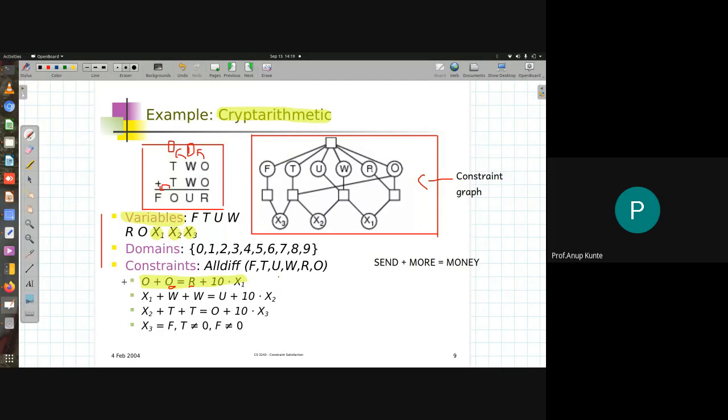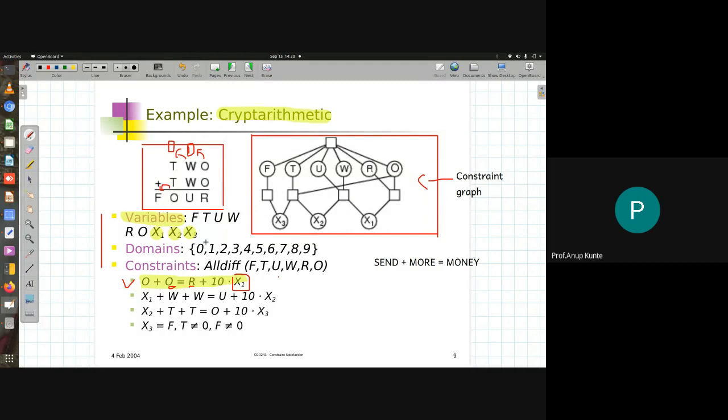So if you see the constraint equations over here, the constraint equation that I can obtain by looking at this example, being an arithmetic example, being a human being, I can easily understand that when I add O with O, I may generate an R, but there may be a carry generated, and that carry is represented here with variable x1. So this is a latent variable, or you can say hidden variable, that is not seen in the original problem, but that you require to understand what is happening. So O plus O is not just R, but it is R plus 10 into x1. That is how the addition is done, right? So we may have a carry generated, and that carry is x1.